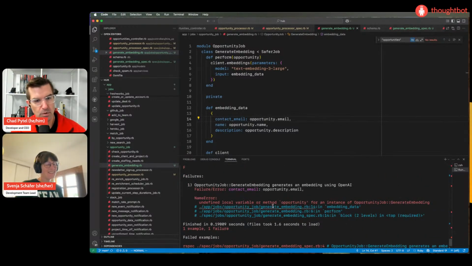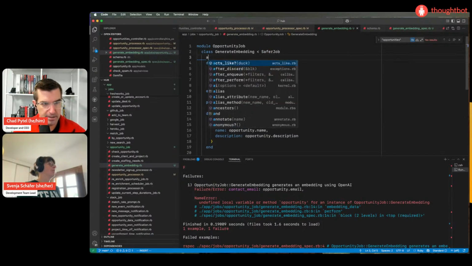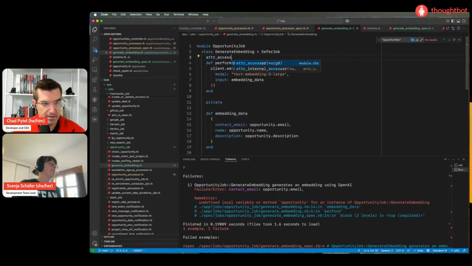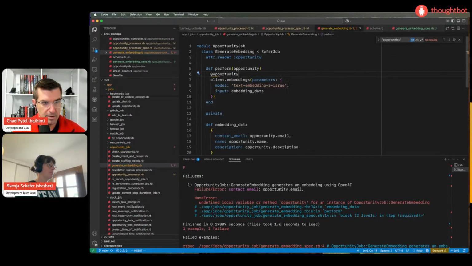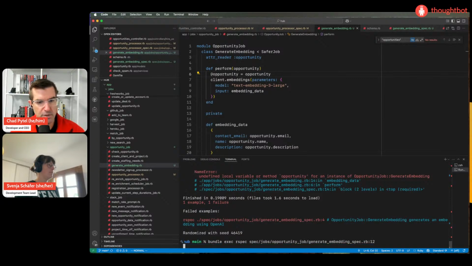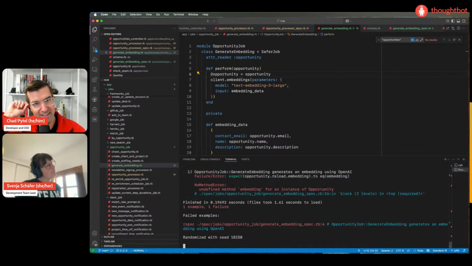Undefined local variable or method opportunity for an instance of opportunity job. Oh, okay. I just realized that I have Copilot turned off, which is why I'm not getting good suggestions.